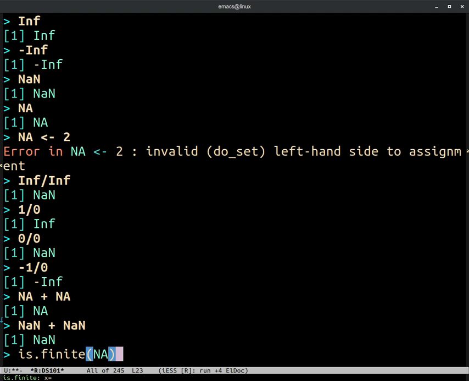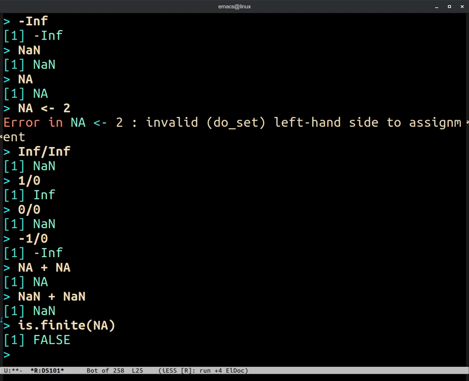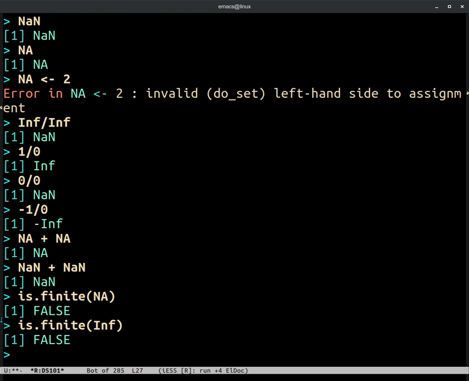So for example, we could check if NA is finite, and it's not. It's not a finite number. We can check finiteness of infinity, and the result is false, because infinity is also not a finite number.